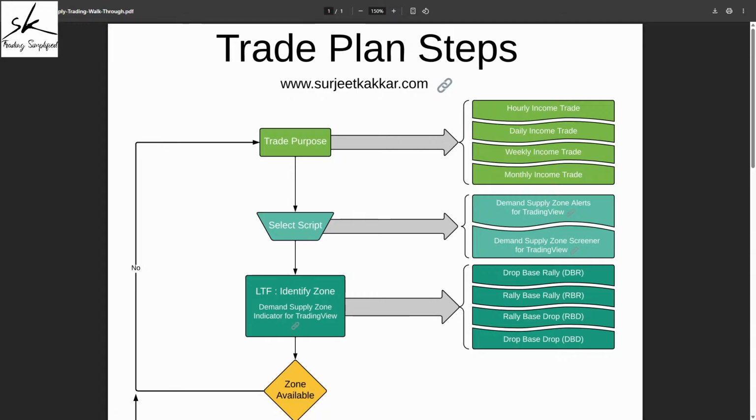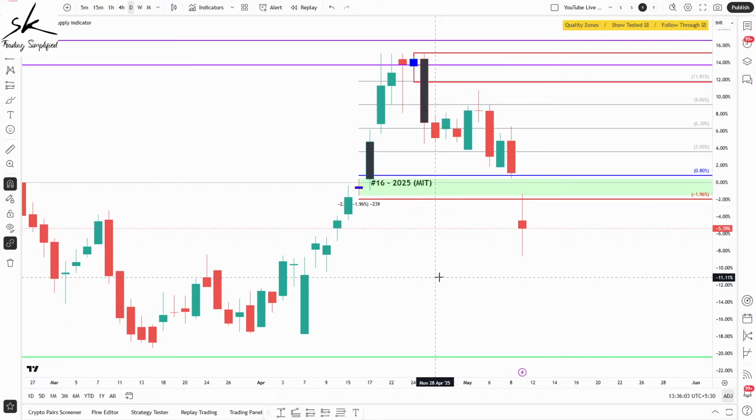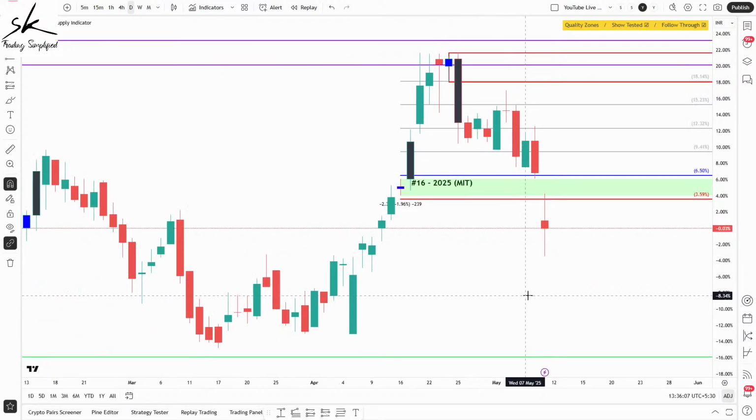All right, now starting with the review, this is your session number 16. Just give me a second. Right, so this is your session number 16, which was on the 20th of April. Now, when we did the analysis for this particular symbol, we had a score of 10 out of 10 for quality and 1.5 out of 8 for probability, which made it a type 2 or a type 3 trade.